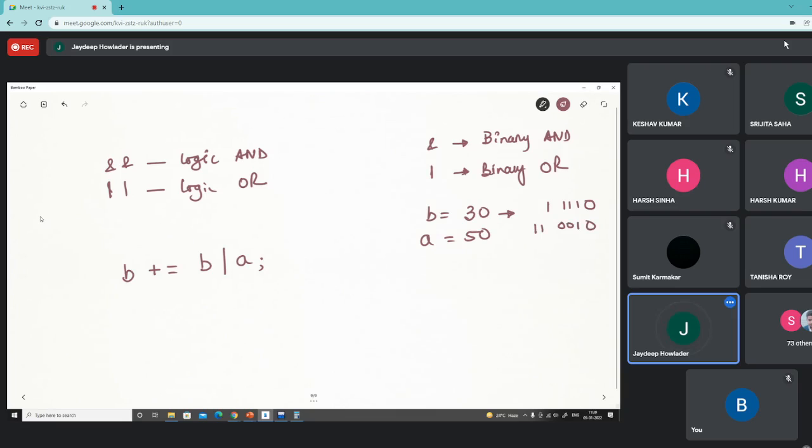Okay. So what is the OR operation? Now if I write a logical OR, the meaning is that if this is true and if this is true, then the result is also true. But if we perform a single bitwise OR operation, then it is basically a binary OR operation that we want to express. So doing this, 1 0 is 1, 0 0 is 0, 1 1 is 1, 1 0 is 1.